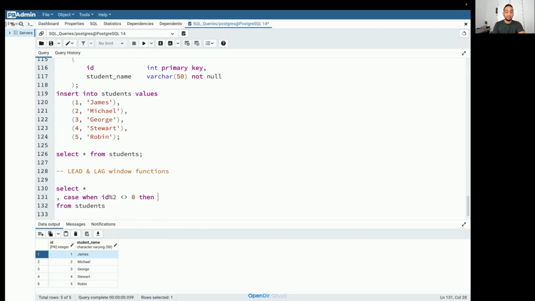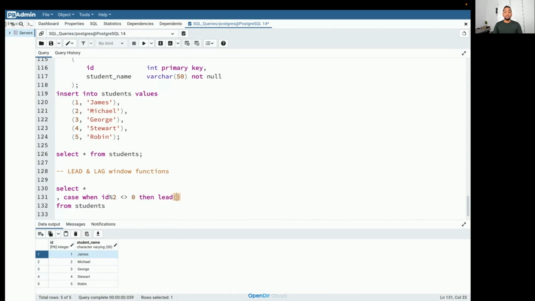I want to fetch the student name from the very next record. So I'm currently processing the first record, but I want to fetch the value from the next record. In that case, I can use the function called lead. Lead means the next one, and lag means the previous one, something like that, right? So I say lead.